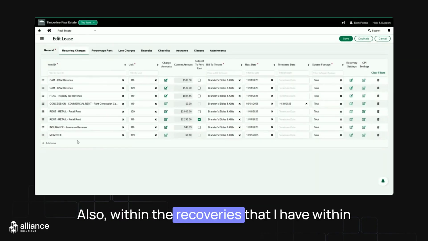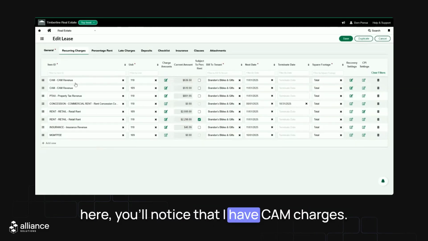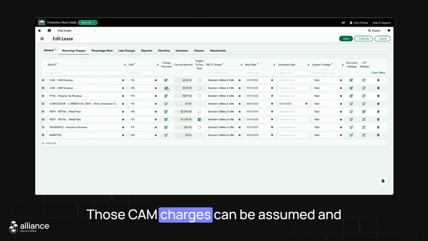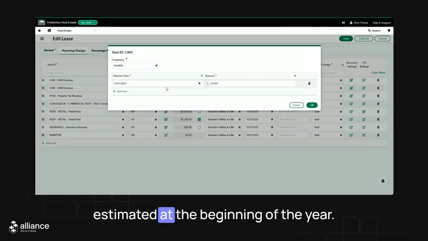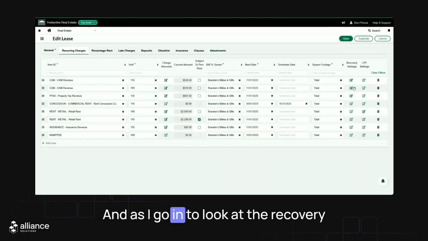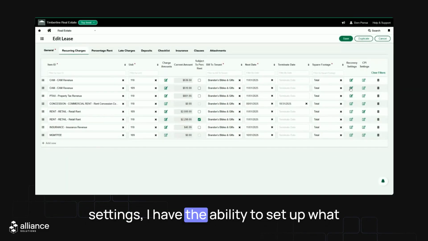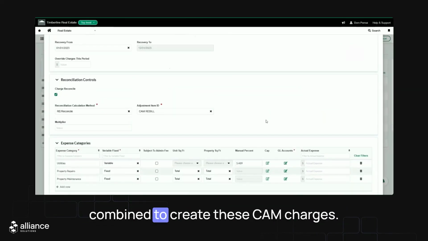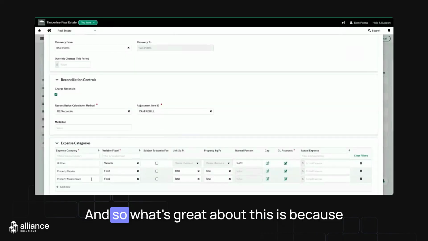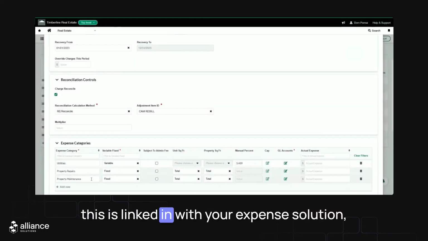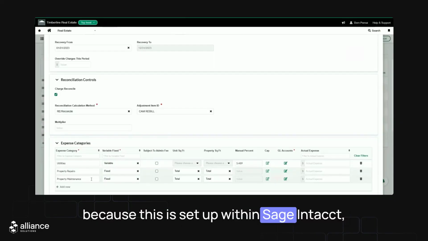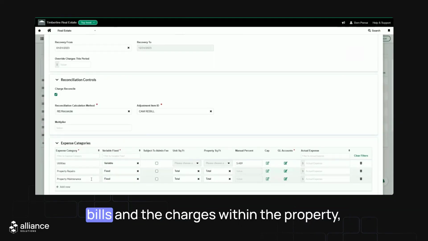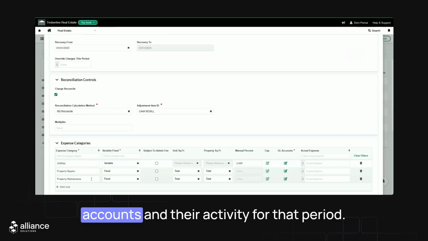Also, within the recoveries that I have within here, you'll notice that I have CAM charges. Those CAM charges can be assumed and estimated at the beginning of the year. And as I go in to look at the recovery settings, I have the ability to set up what are the expense codes that I want to have combined to create these CAM charges. And so what's great about this is because this is linked in with your expense solution, because this is set up within Sage Intacct and it has access to the accounts payable bills and the charges within the property, it can go in and pull some of those GL accounts and their activity